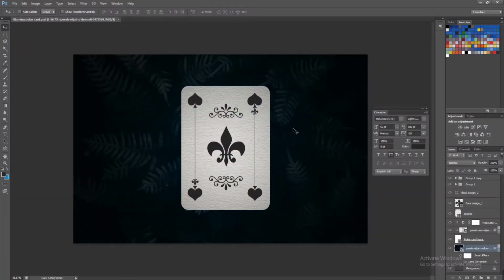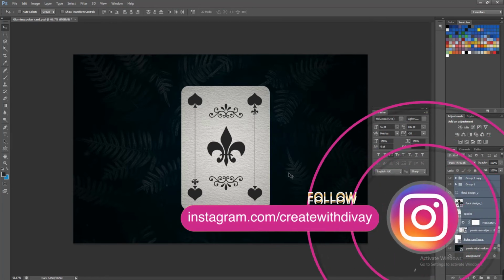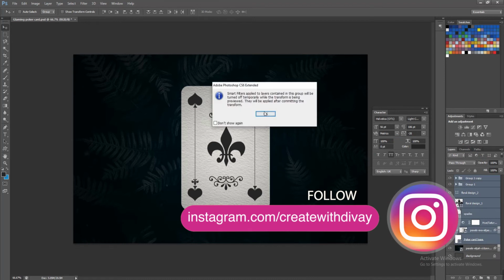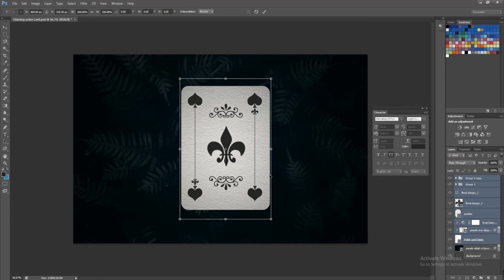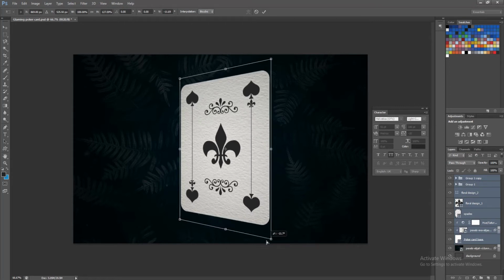We are going to change the perspective of the card so that it will give the impression that the card is 3D. Select all the layers that are connected to the card, such as the shapes and textures, press Ctrl T and choose Perspective. Now drag the lower right anchor point towards the bottom to change the perspective into something more 3D and visually exciting.